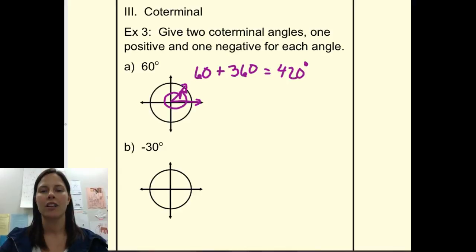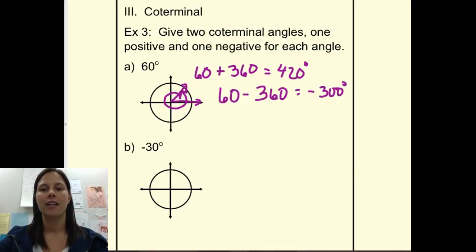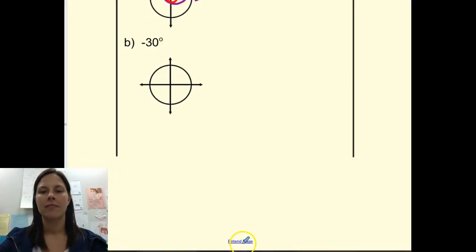in the positive direction. We could also rotate counterclockwise. If we subtract off a full rotation, we would have a negative 300-degree angle for our coterminal angle. So that would be starting at the initial side, but rotating clockwise instead to get to that same terminal side. For a negative 30-degree angle,